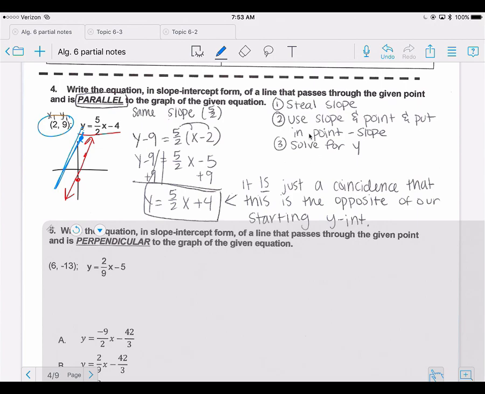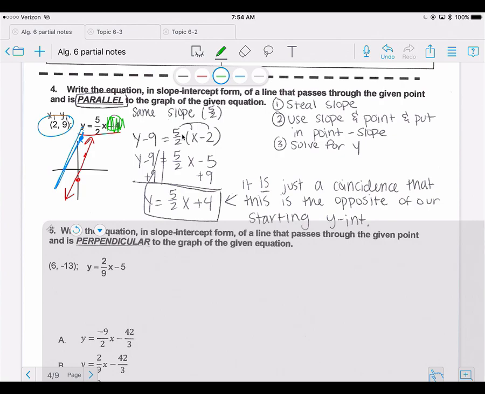And so what we're going to do are these steps right here. First thing we're going to do is steal the slope. Parallel is the same slope, so I have my slope of 5/2. Now I have a point that was given to me and a slope. And so I'm going to use the slope and the point and put it in point-slope form, because that's what I have. So I plug in my slope and my new point. Notice that my original line had -4 and that is nowhere in my equation. So the -4 really just tells us what the original line started at,